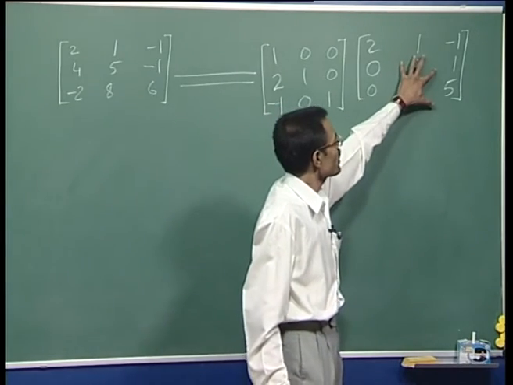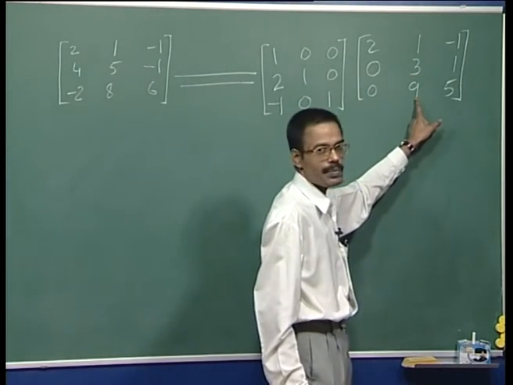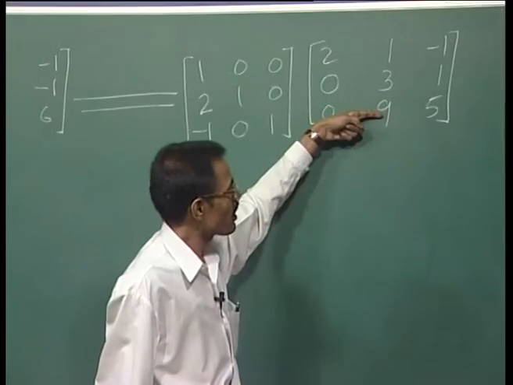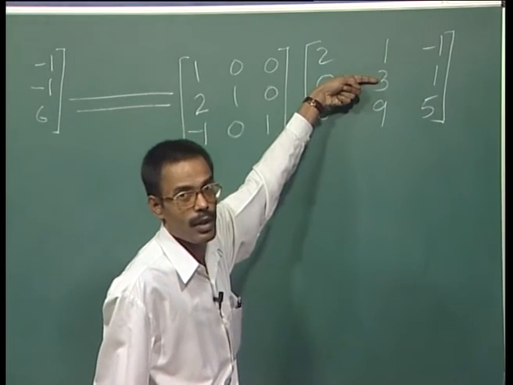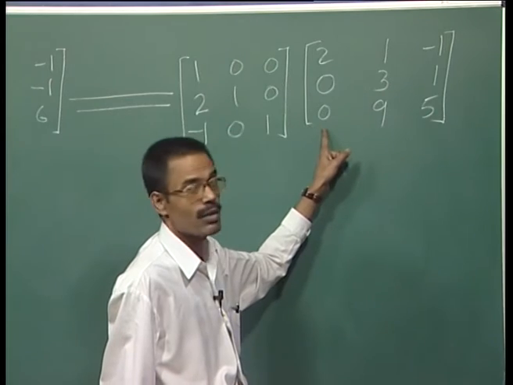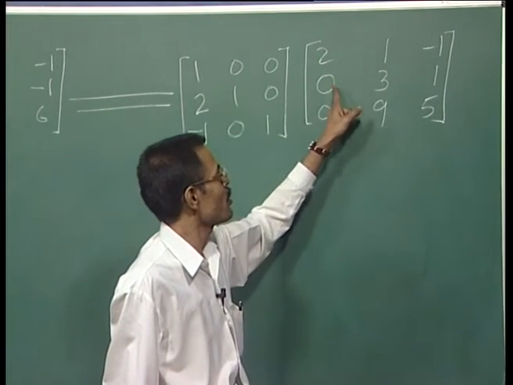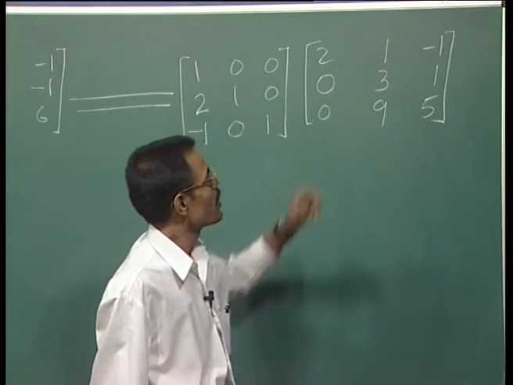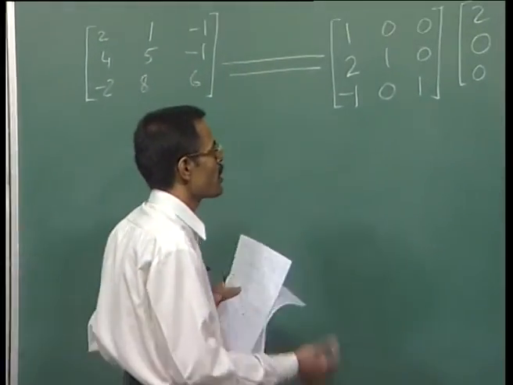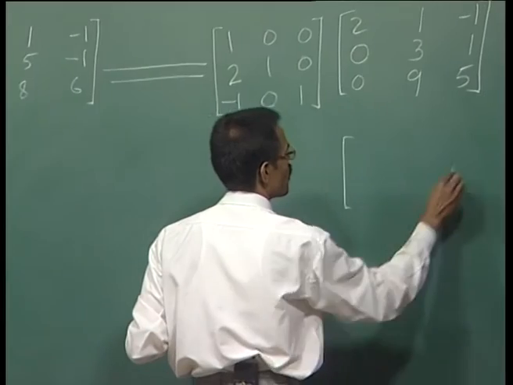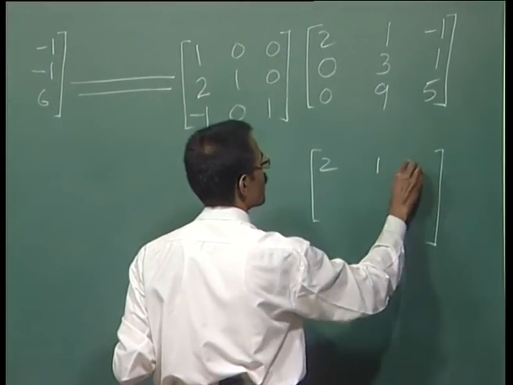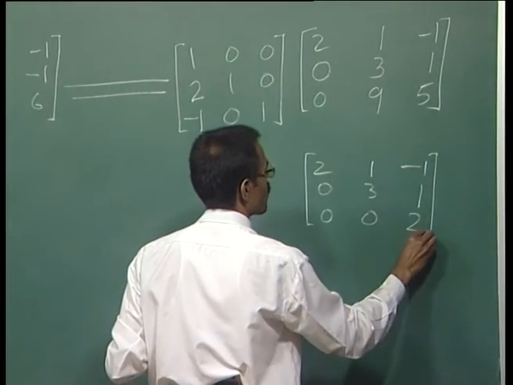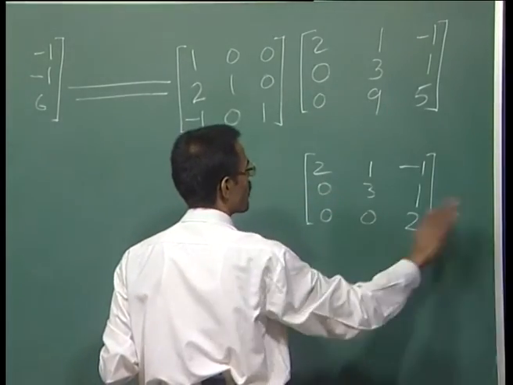Now, to get it completely in the upper triangular form, we want a 0 here. That means, we can subtract from this last row 3 times this. We should not touch the first row, because that will spoil this 0, right, because there is a 2 sitting here. This is 0, so it is not a problem. So, from the third row 3 times the second row we will subtract to get a 0 here. So, 3 times the second row subtracted from the third row will give us this, right. Thrice the second row has been subtracted from the third row.